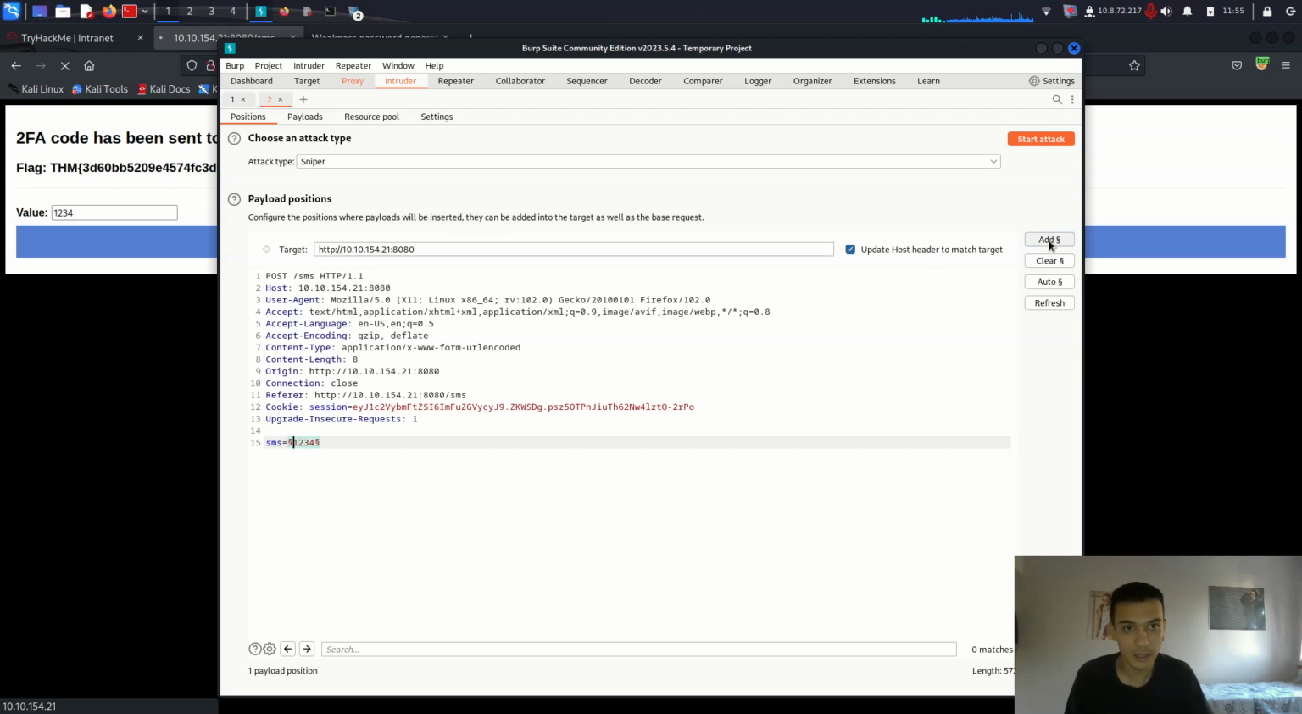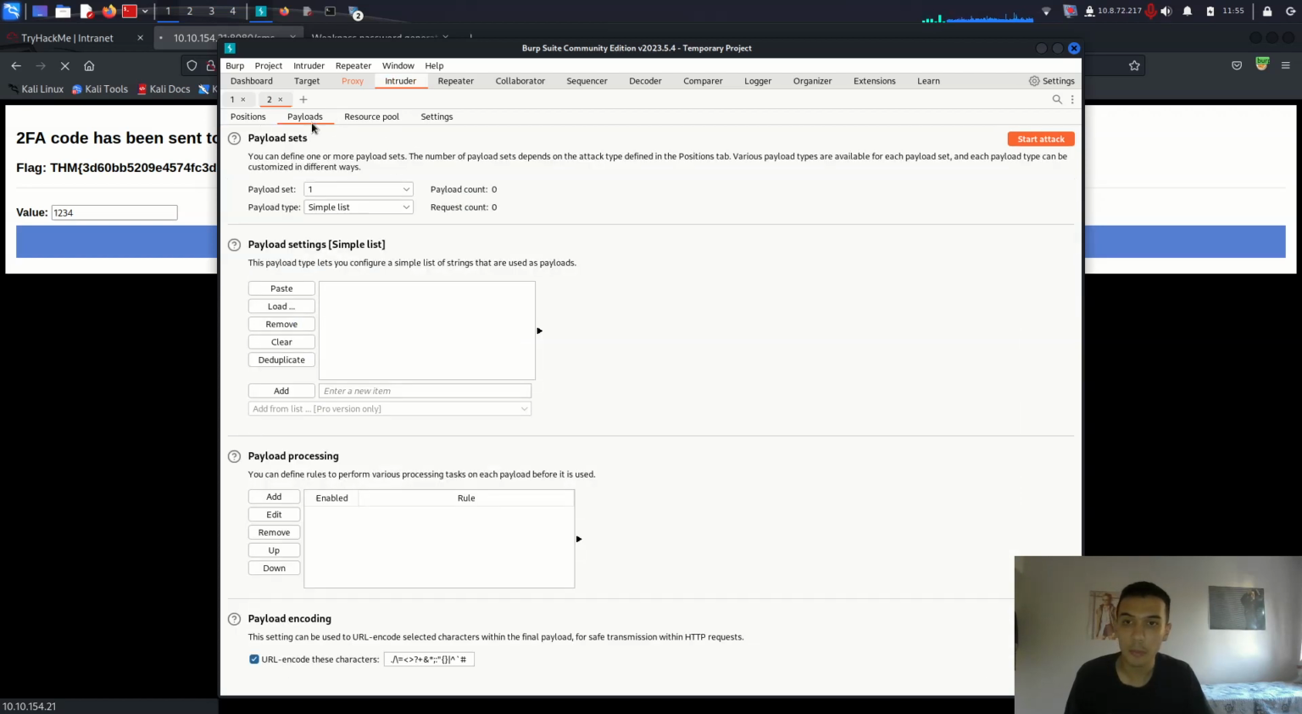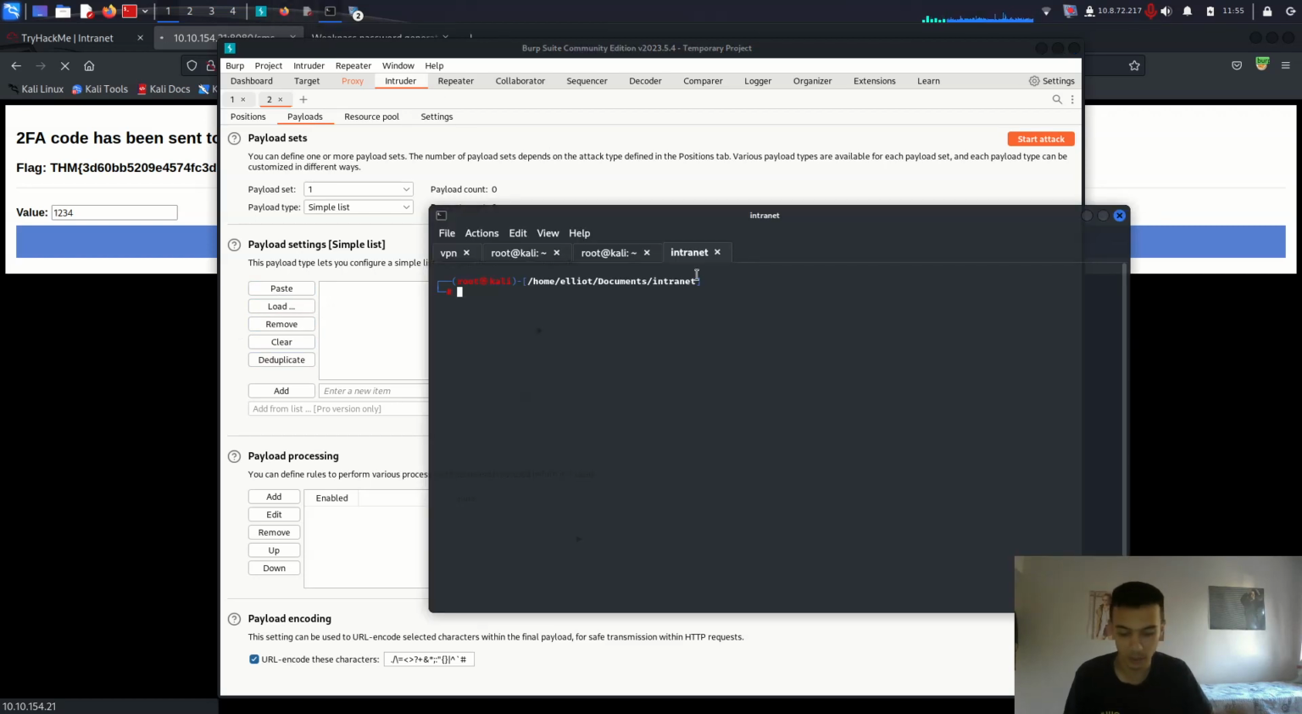So like that definitely, and go for payloads. You just have to give the password or simple list here. For this list, you just have to use crunch 4 1 2 3 4 5 no 1 2 3 4 5 6 7 8 9, and then give -o, and I'm going to give it a simple